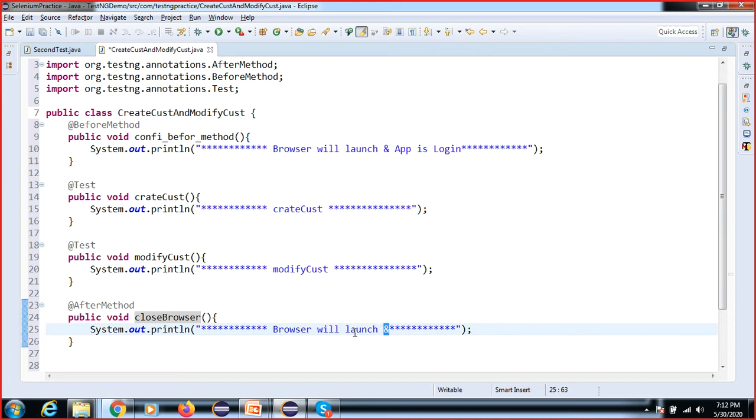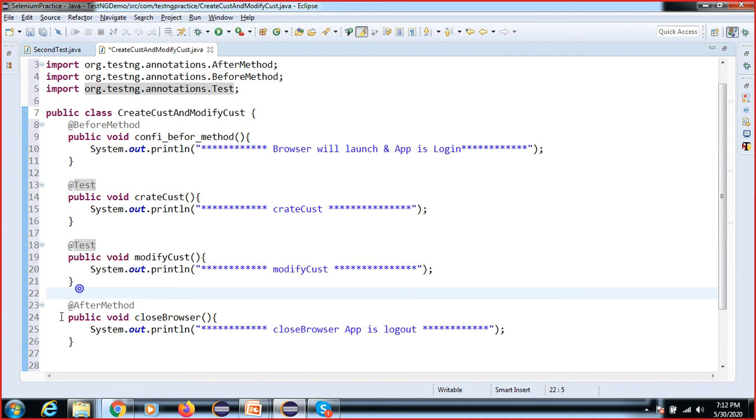The browser will close, or you can write app is logged out. I just want to show you how it will execute. If you execute this code, the before method will execute, then this one test case is completed. Again the browser will open, and this will execute.